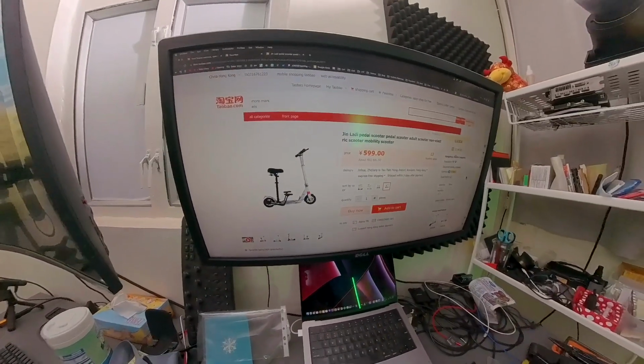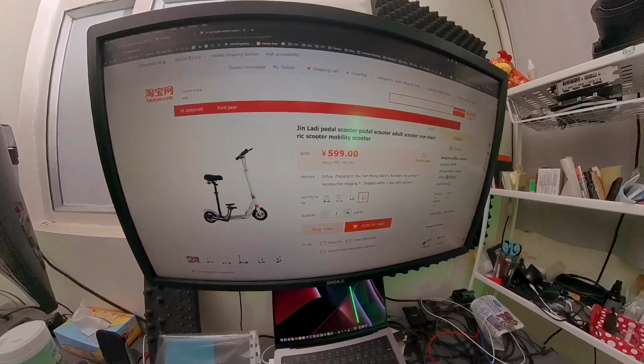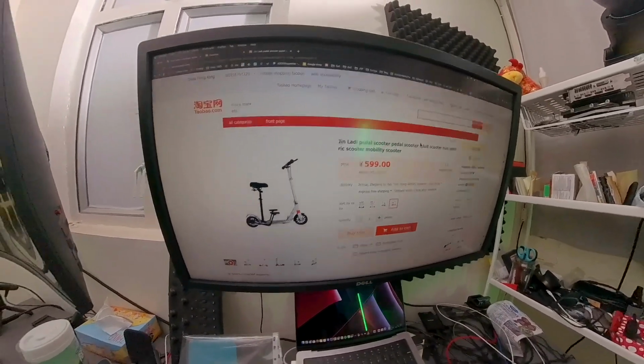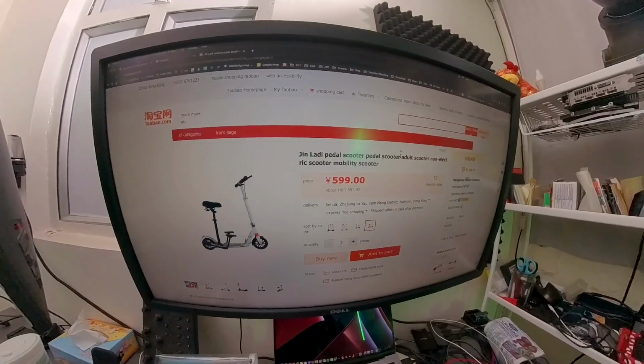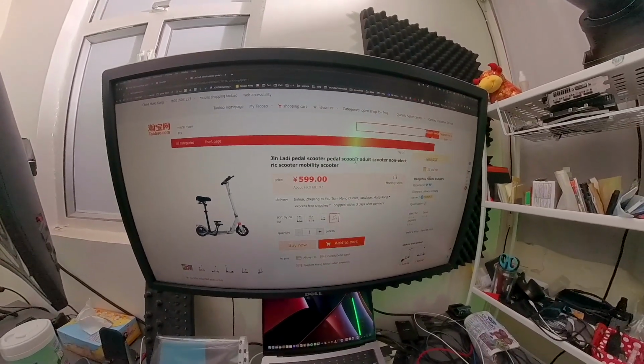Otherwise, you can also check out AliExpress. But anyway, I got it from Taobao. If you really want one, hopefully you can find one. This is all Google translated, so anyway, I'll change it to Chinese in a second. But this is the version with the seat. It's the Jin Aladi pedal scooter, adult scooter,